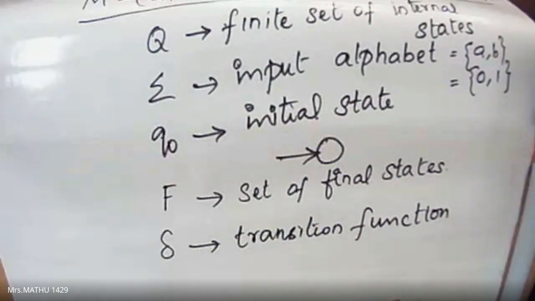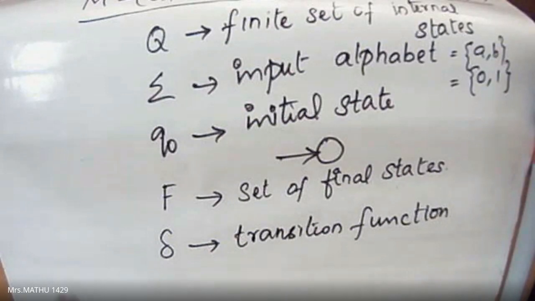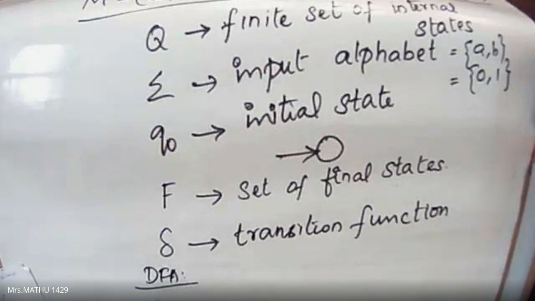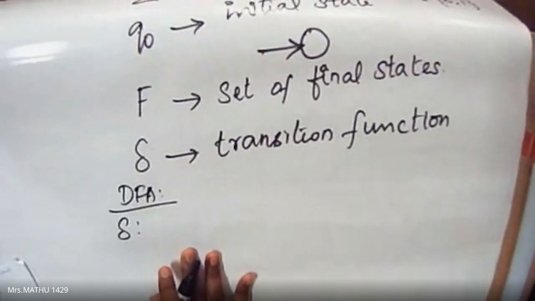How the transition will happen in DFA, and how it will happen in NFA. For example, in DFA, delta is defined by